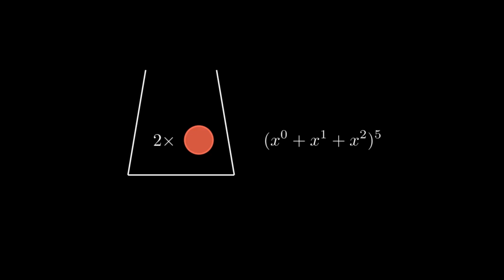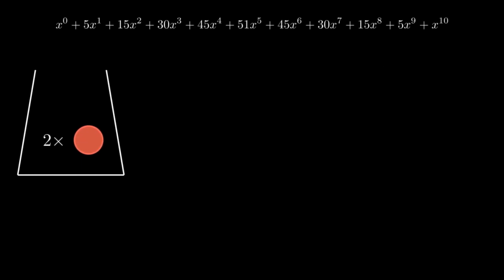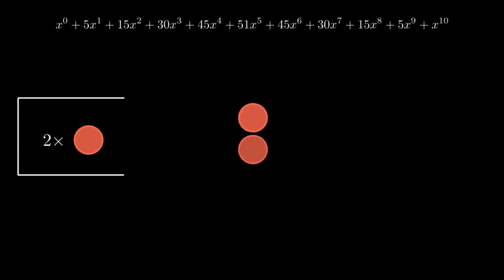When we expand out our polynomial, we'll get powers from x to the 0 all the way to x to the 10, and if we interpret the result in exactly the same way as the coin flip case, the coefficient of x to the 10 will be the number of ways that we can end up with a total of 10 balls once all 5 rounds are concluded. Clearly there's only one way, you need to pick 2 for all 5 events.